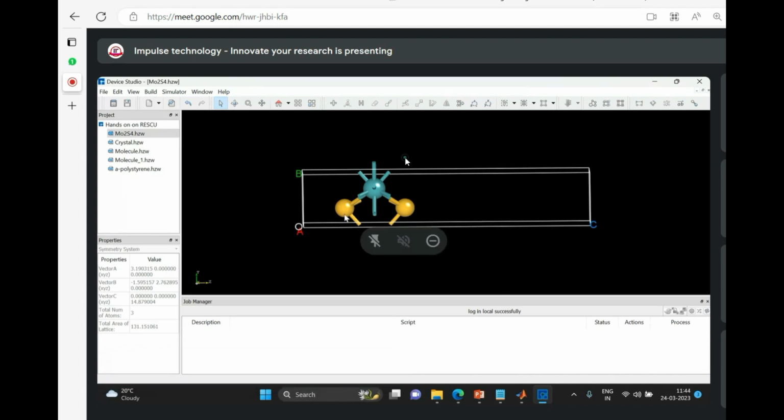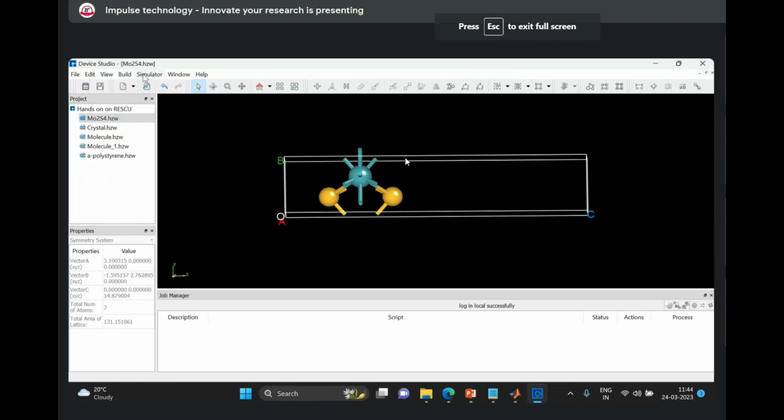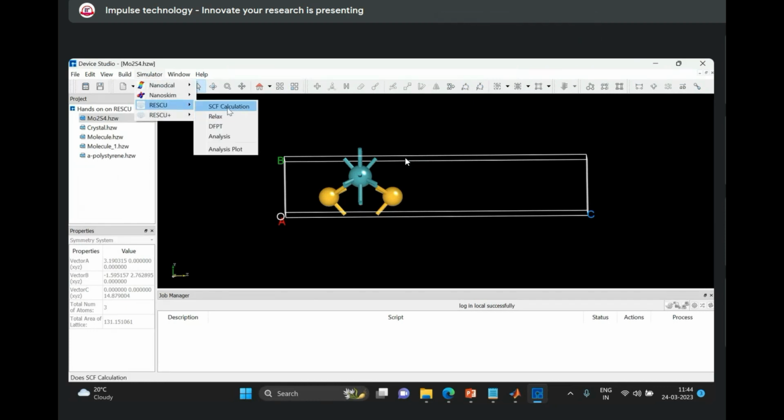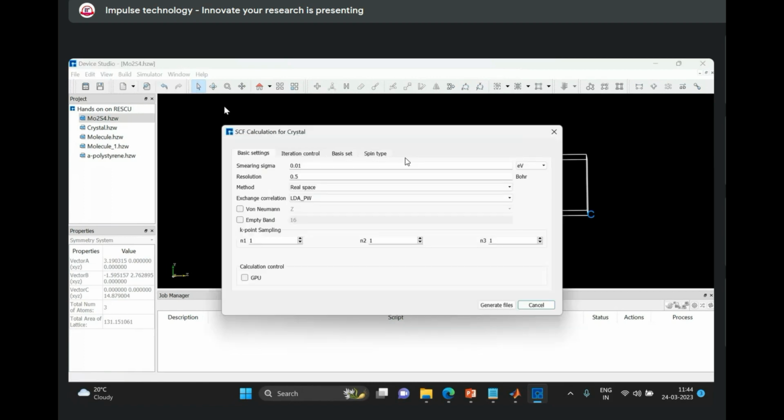If you want to simulate this structure, you can click on this simulator, go to the RESCU, and this is the SCF calculation, relaxation, DFPT, and this is the analysis parameter. So you can select as per your need. I would like to select this self-consistent field calculation. And this is the SCF parameter where you can see some basic settings, smearing sigma, resolution, and this is the method for this SCF: real space, linear combination of atomic orbitals, and this is the exchange correlation, LDA, GGA,